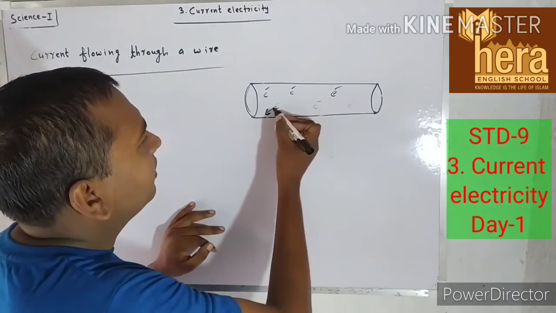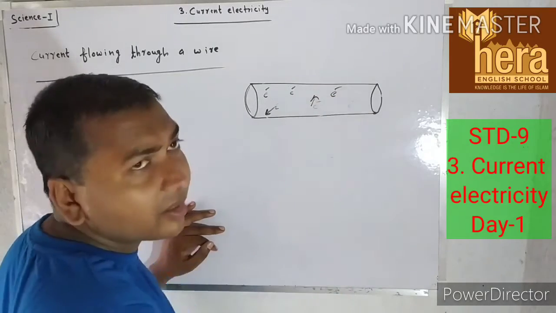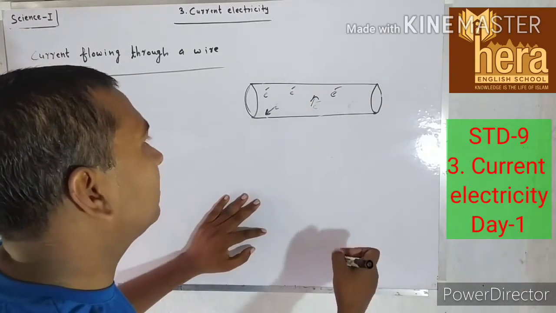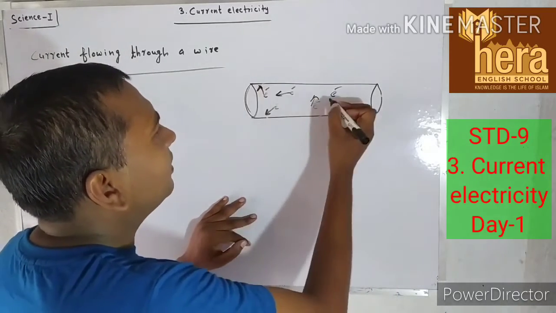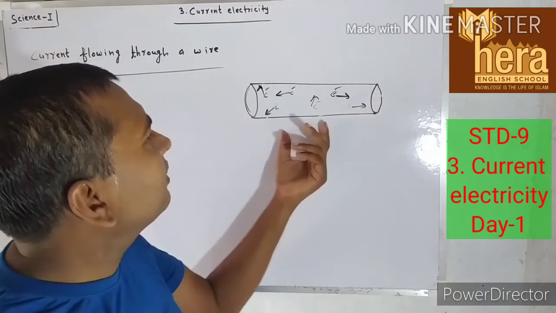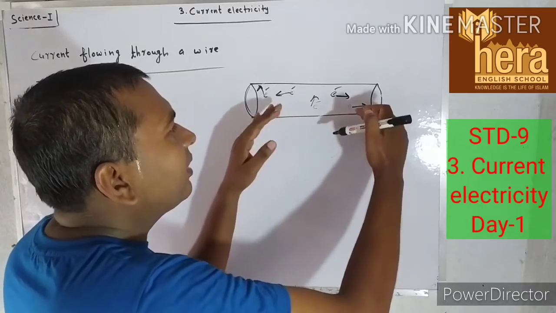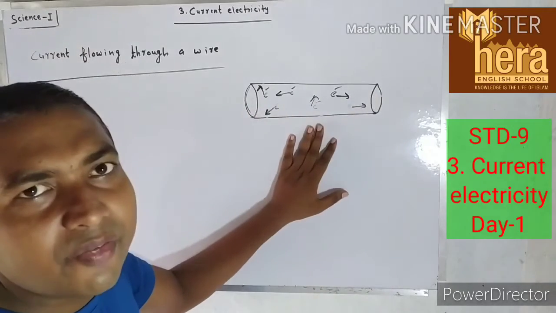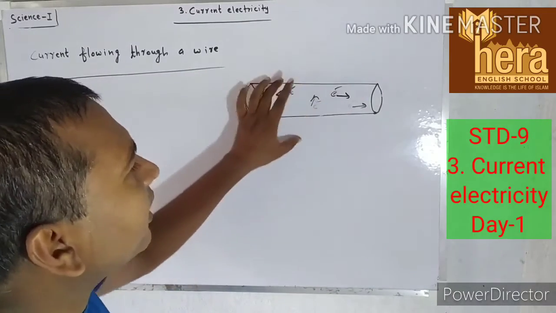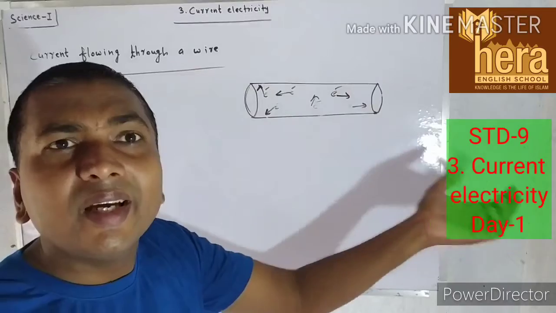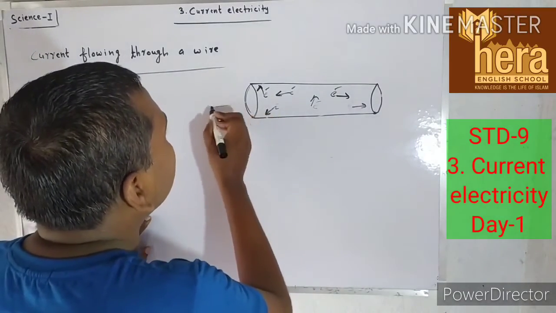One may be coming this side, another that side. There is random motion and no particular direction. When no potential difference is applied across the terminals, all electrons move randomly at room temperature. But if you apply a potential difference,